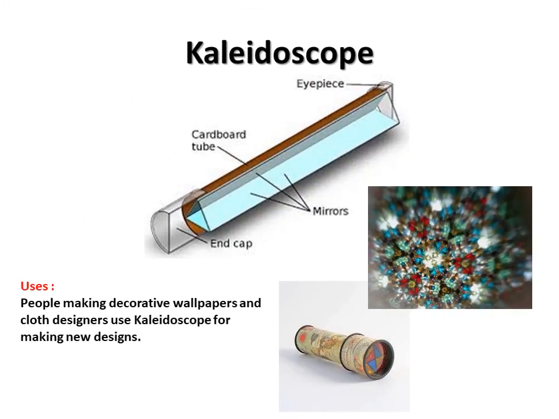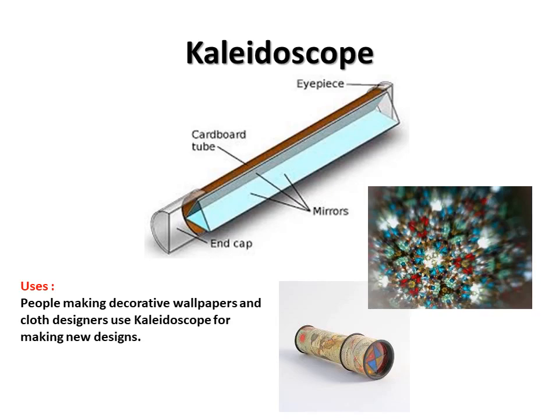A kaleidoscope. Now let us try to prepare a kaleidoscope. Take three rectangular mirrors of the same size. Using sticking tape, stick the mirrors together, making a triangle with the reflecting surface facing inwards, as you can see in the diagram. Take a white paper of rectangular shape and fix it with white tape at one end of the mirror, closing that end.